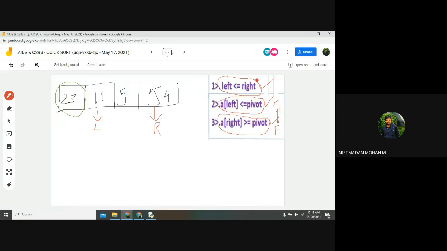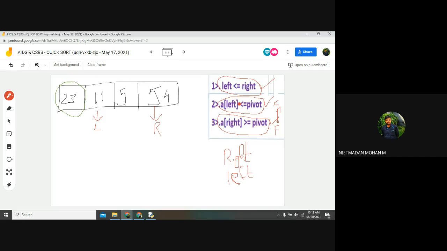If I am taking the first element as my pivot value, then I want to interchange with my final right value. If I'm taking the last element as my pivot number, and this condition becomes false, then I want to interchange with the final left value, whatever was displayed in the list. So that is the concept.